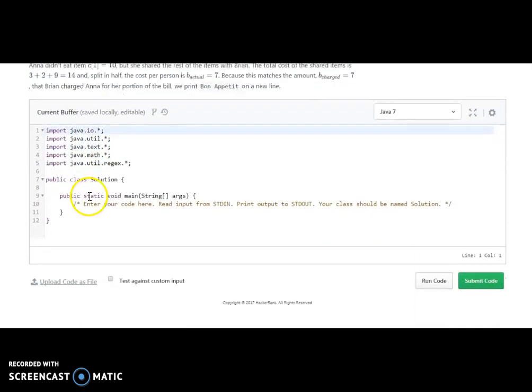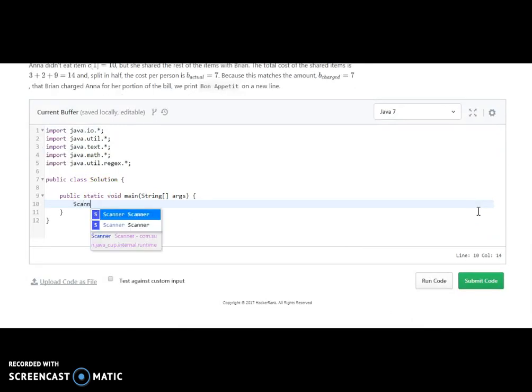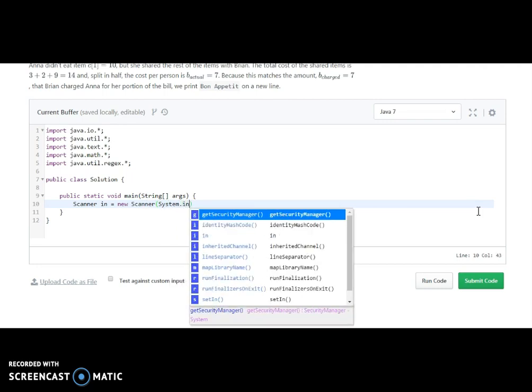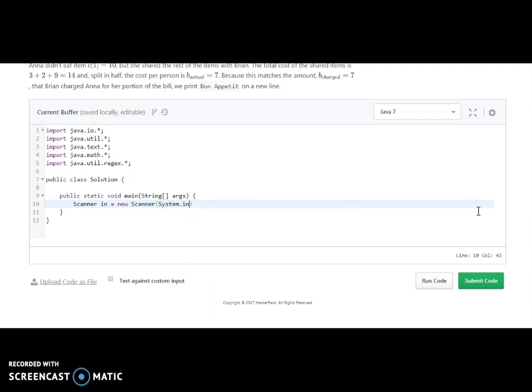Okay, so let's start the program. Here we will take everything as input. Scanner sc equals new Scanner of System.in, the general practice.